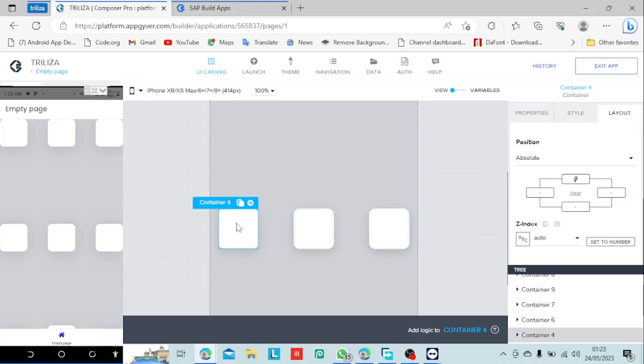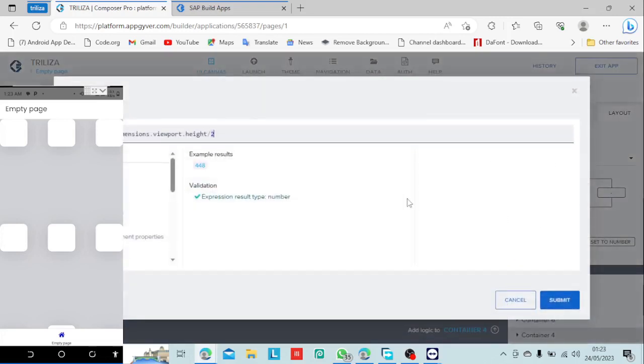This way they are always aligned on the left, always in the middle, and always on the right. I want all of them to be in the middle, no matter the height of the phone it is on. So what I do is I come to formula. I go to the size, I think it will be the positive y. I come to this electric place for formula, press here, and then I just type this system dimension